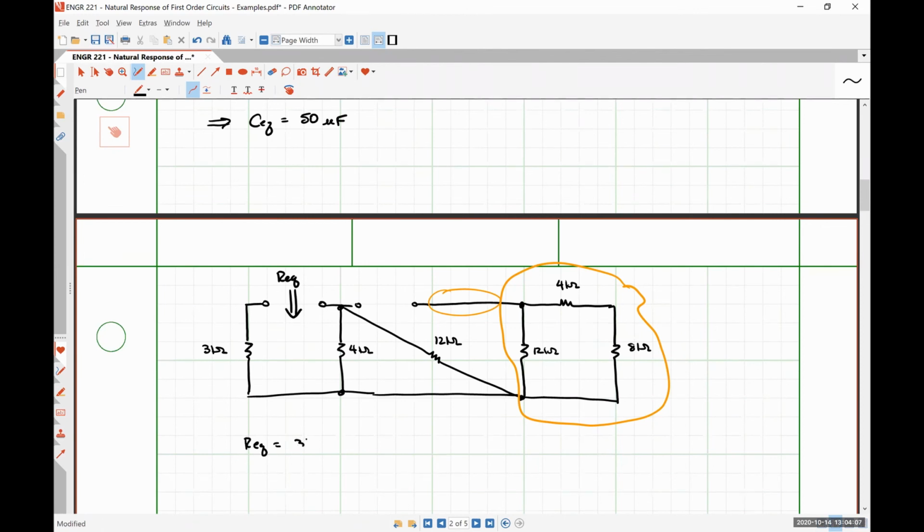I would argue that it's the 3 kilo ohm resistor in series with the parallel combination of the 4 kilo ohm resistor and the 12 kilo ohm resistor. Does anybody disagree with that? Okay, it should be fairly easy to see that the 4 and the 12 are in parallel because they share this node and this node, and then the 3 kilo ohm resistor must be in series with it because it doesn't share the other node. So this is going to give me